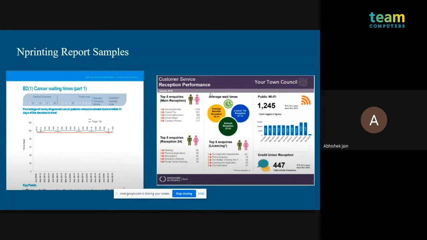I had earlier talked about some samples of Inprinting. On the left, you have a Word sample, which can also be considered a PDF sample. You can see the details that go through, and on the right there is a PPT sample. The detailing is very good. You cannot make out whether a human made it or it was made through Inprinting. You can specify your charts, text objects, and images according to some rule. All this can be achieved through Inprinting, and these are beautiful looking reports that the users get.